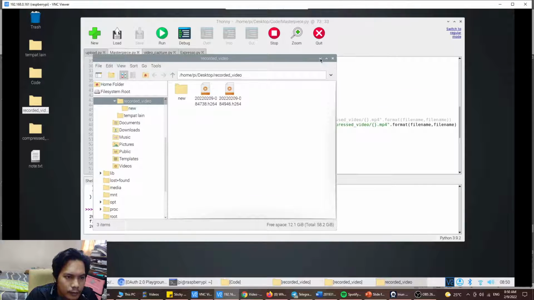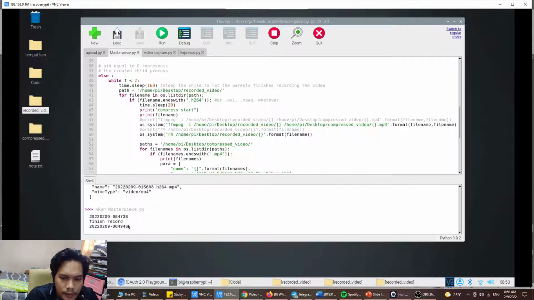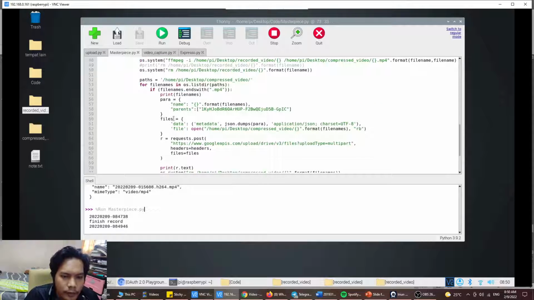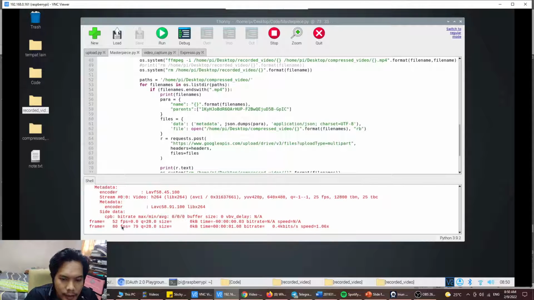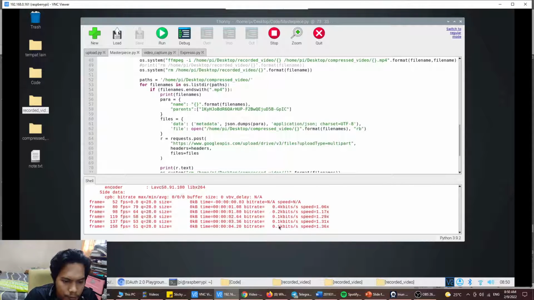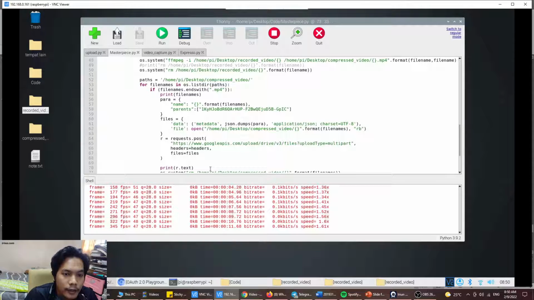Once it finishes recording, here inside this is the name of the file. Okay, this it starts now. It starts to compress the video file. Okay, here we can see